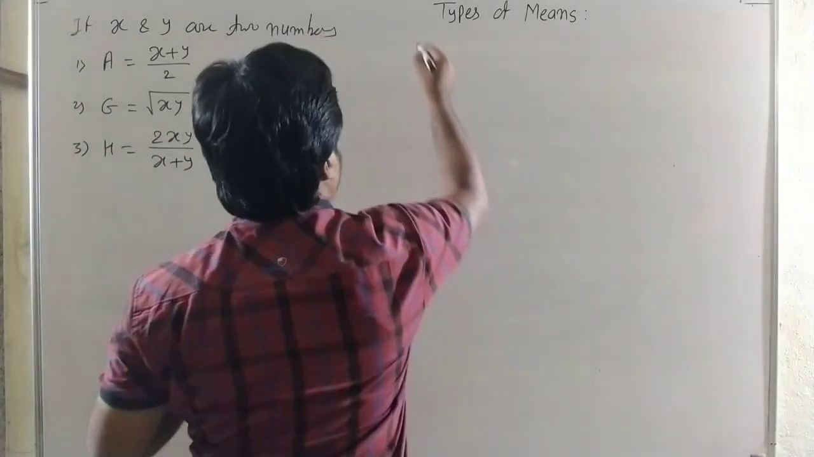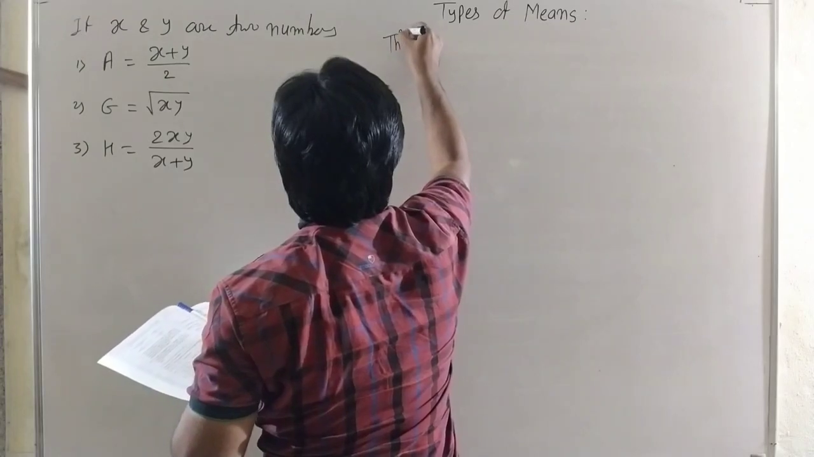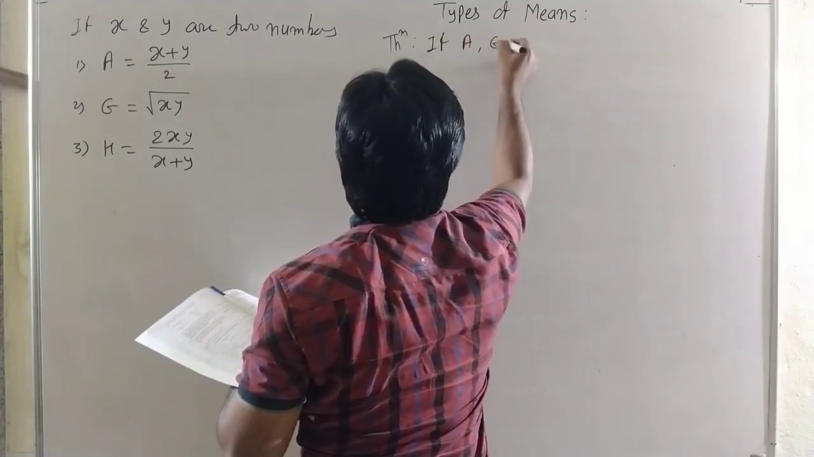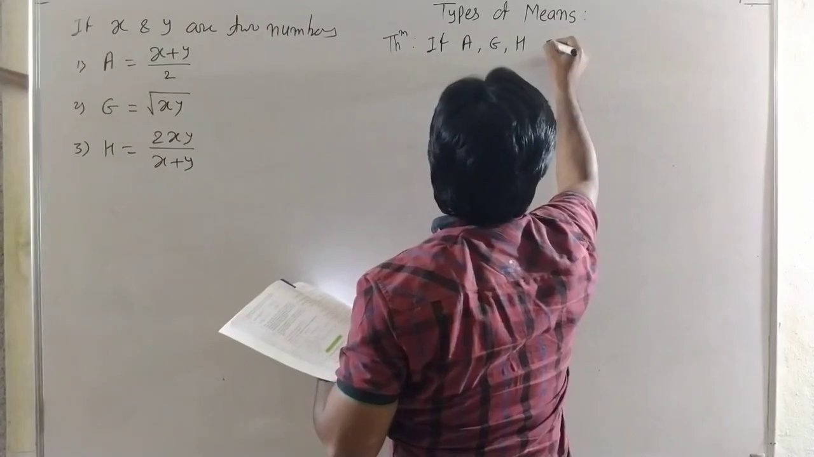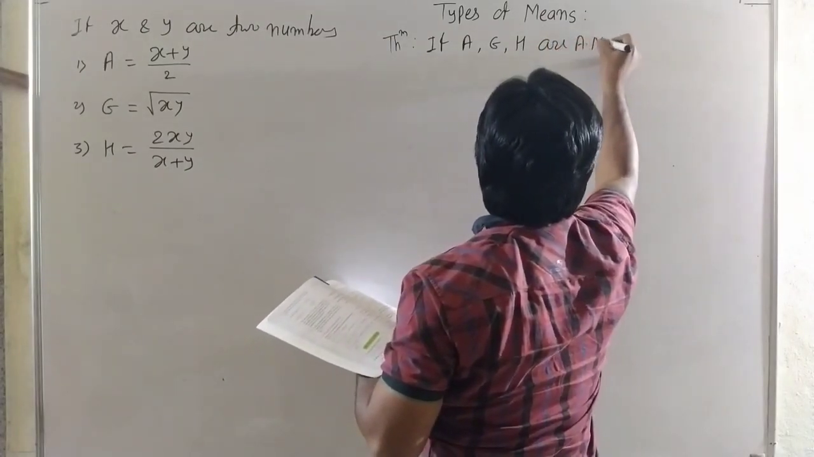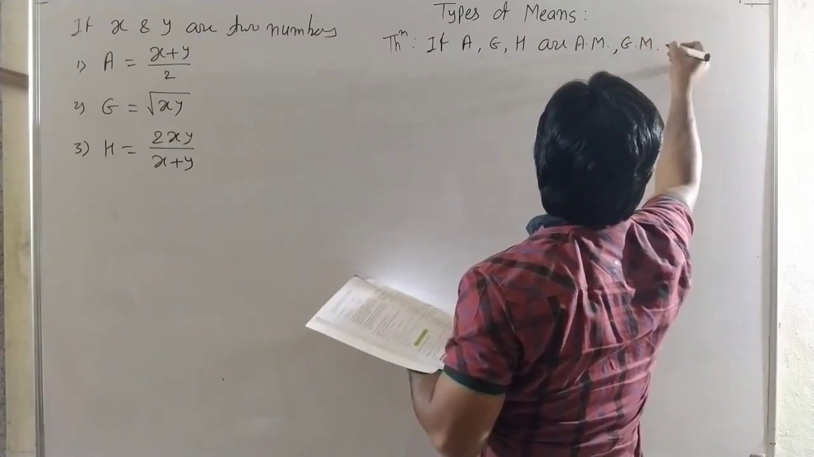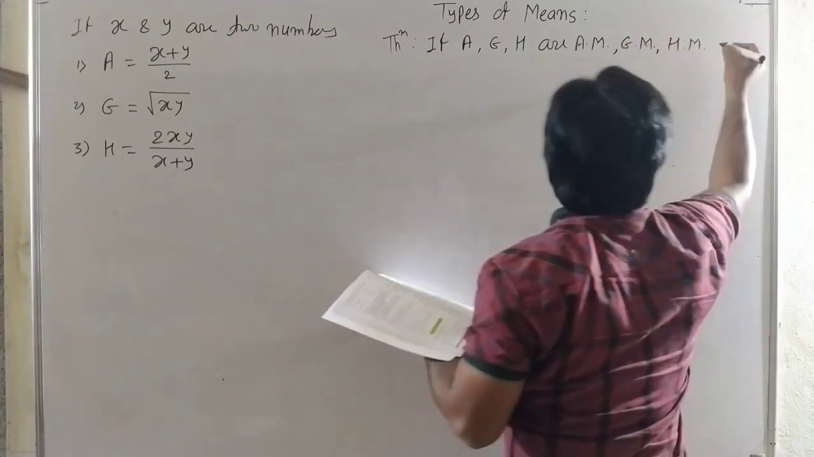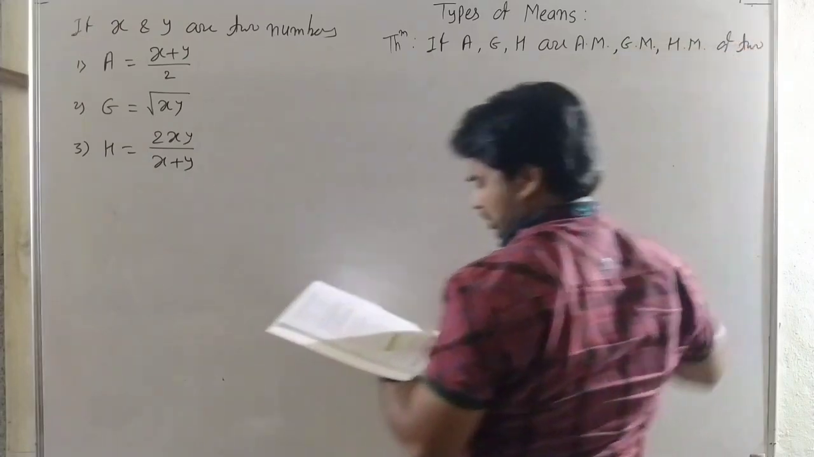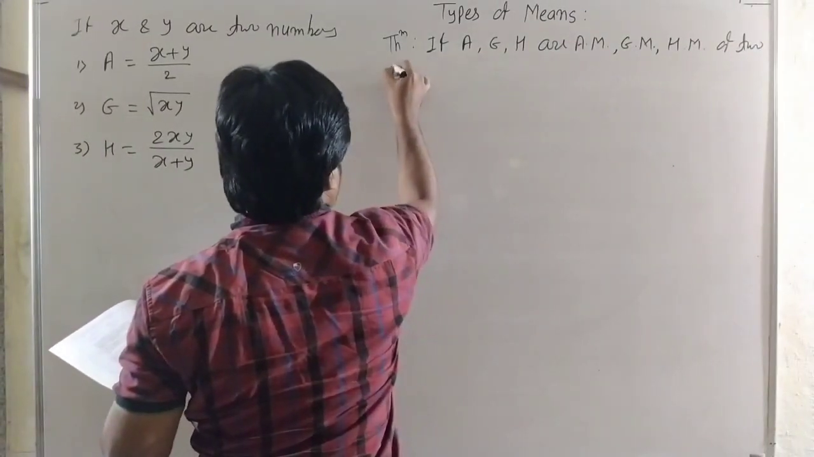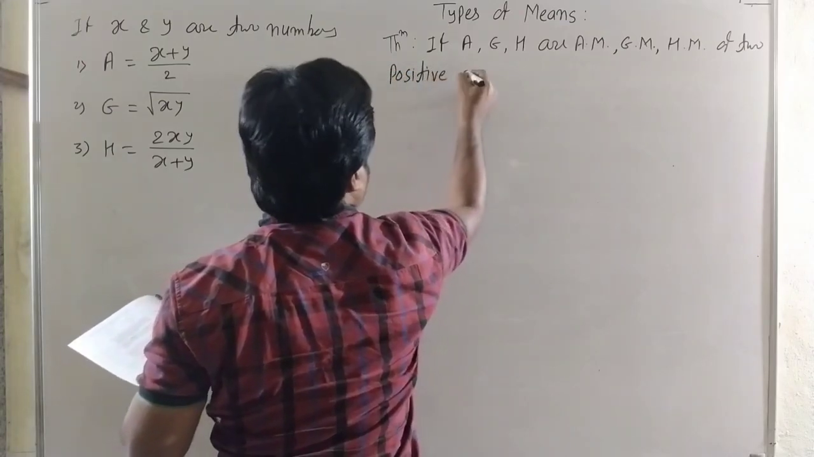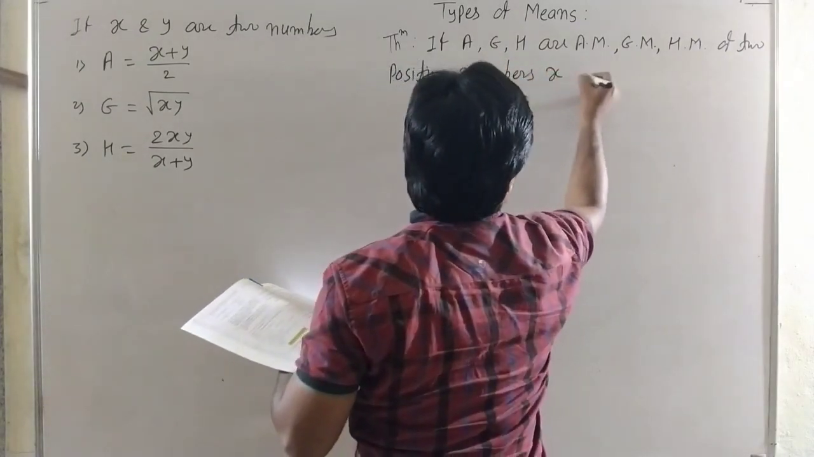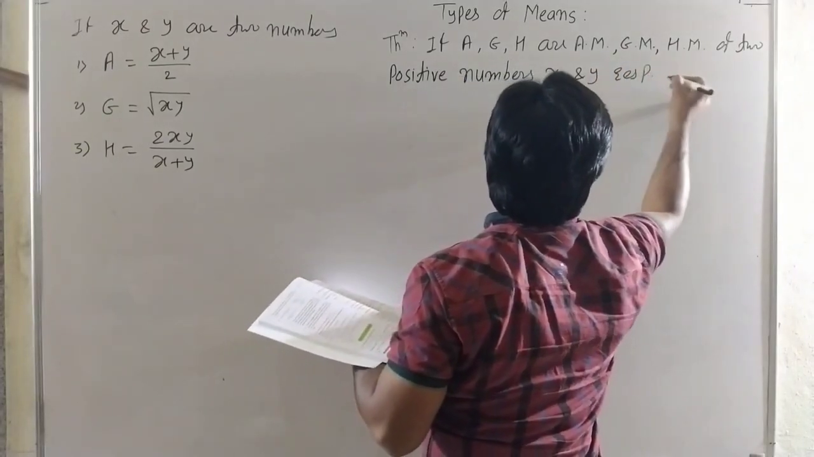Now we see a theorem. If A, G and H are the arithmetic mean, geometric mean and harmonic mean of two positive numbers x and y respectively, then